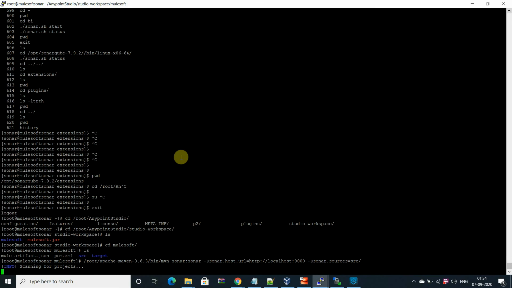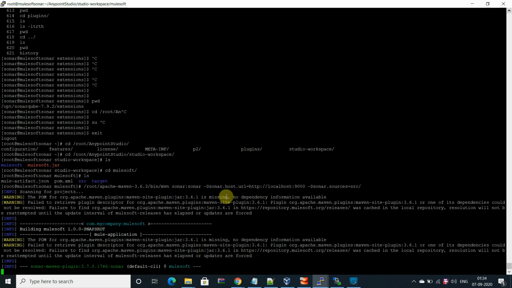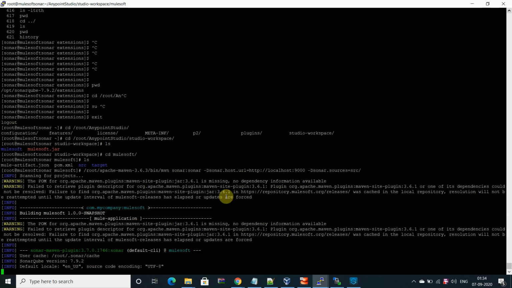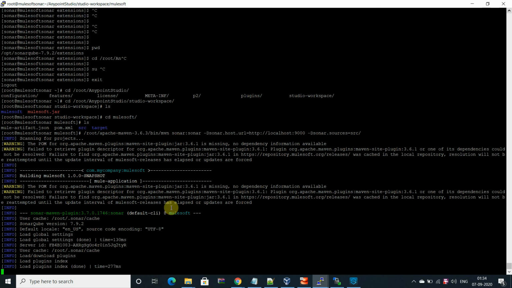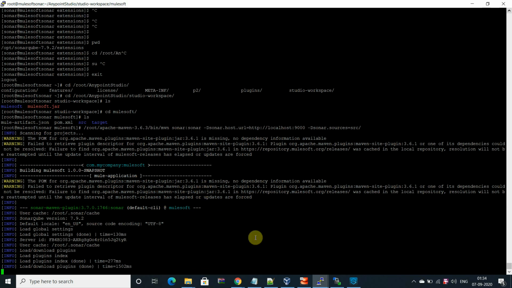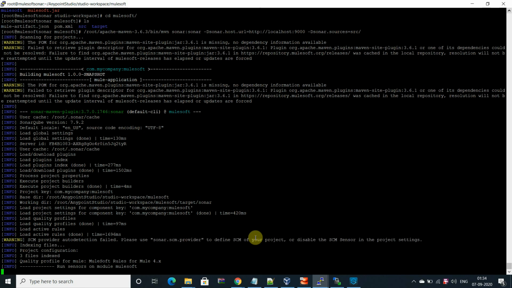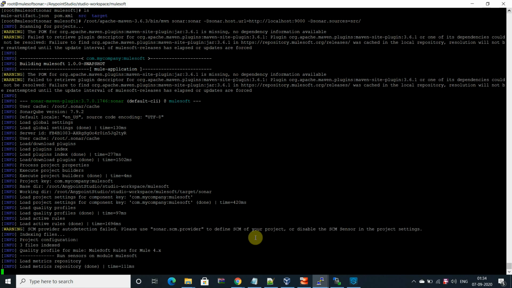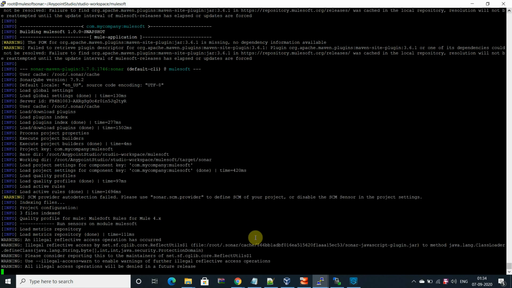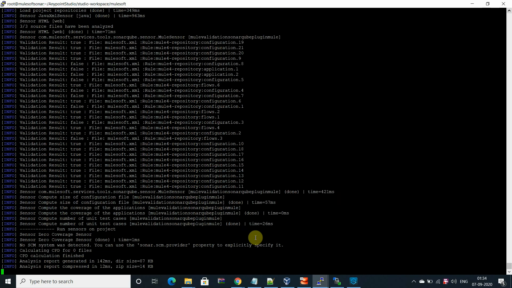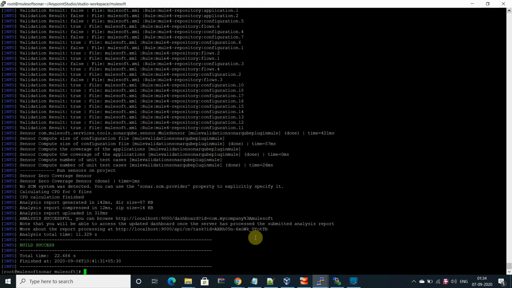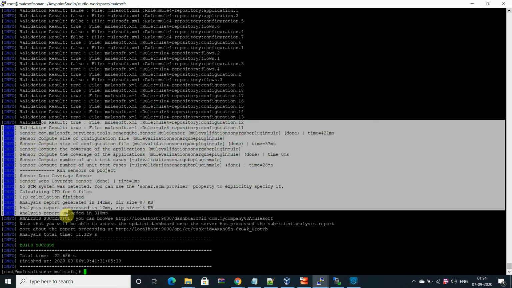Okay, let's see. As in my last video, where I demonstrated custom rules, the same steps are being followed over here. It's not required to have configuration in multiple places, but it's very simple and straightforward to configure, with a small amount of configuration in your code and your system. So it will perform very well. You can see that it's already done.